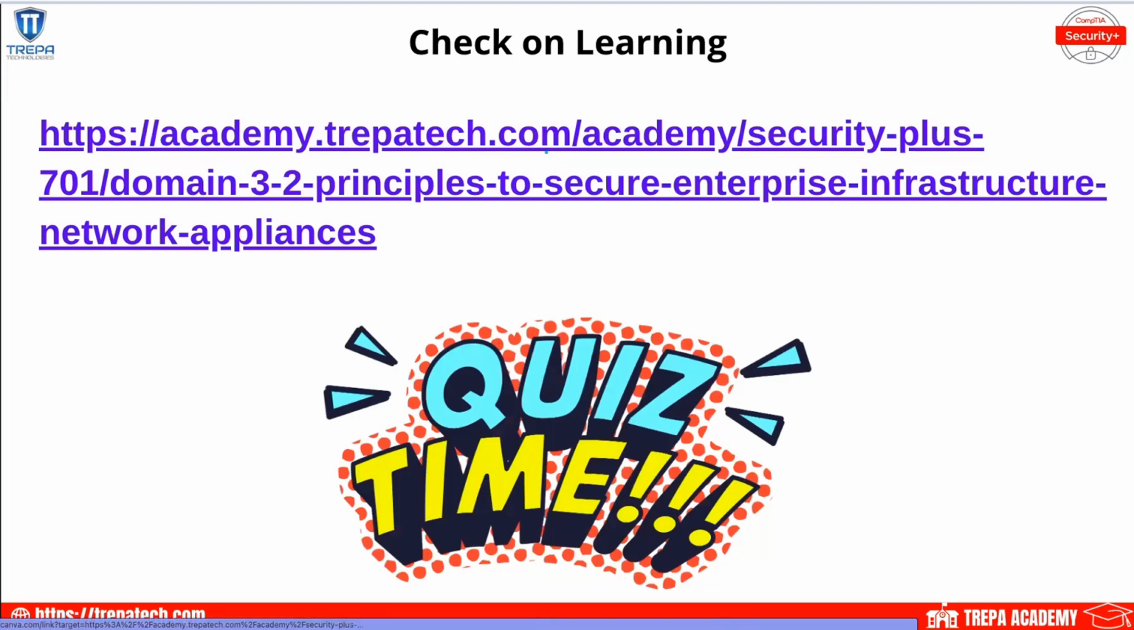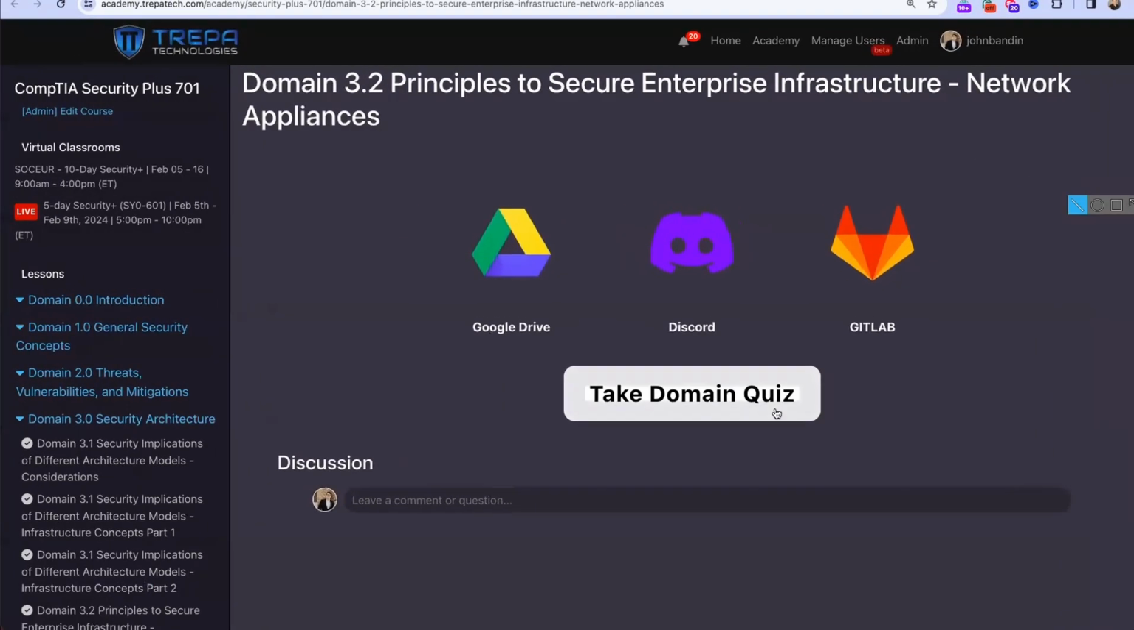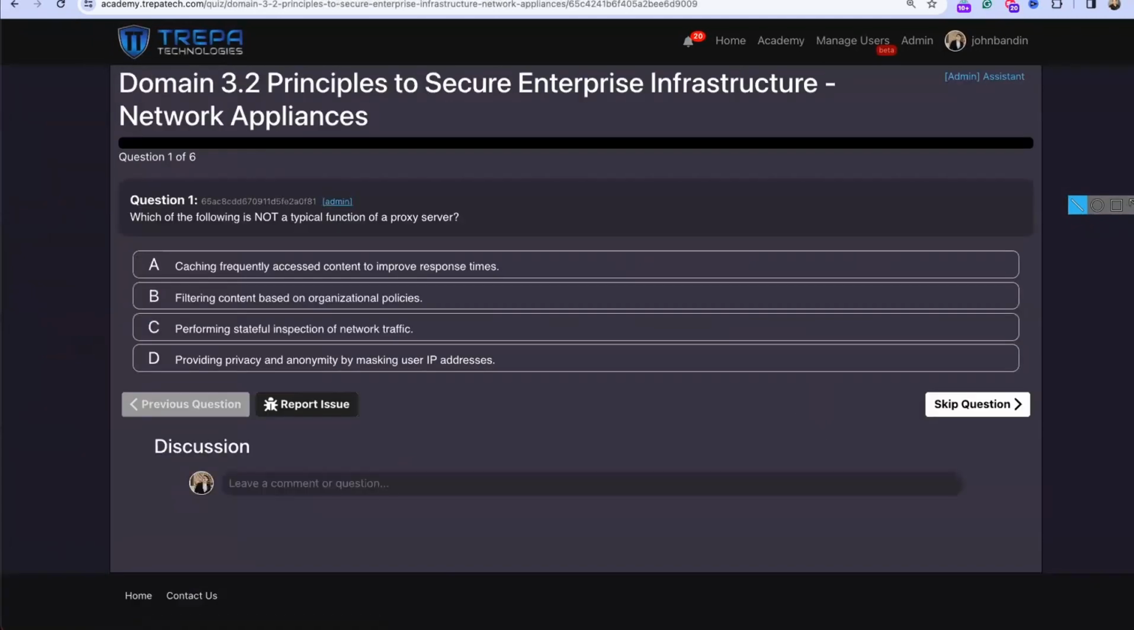Okay, let's do our check on learning. Let me bring this into view. Okay, so now we're going to go over domain 3.2. That's going to be principles to secure enterprise infrastructure on network appliances. So question 1,